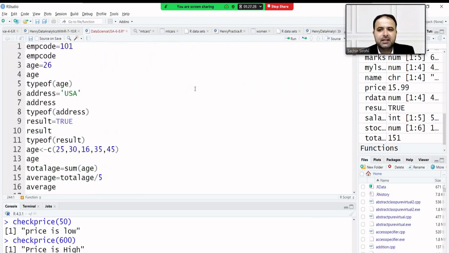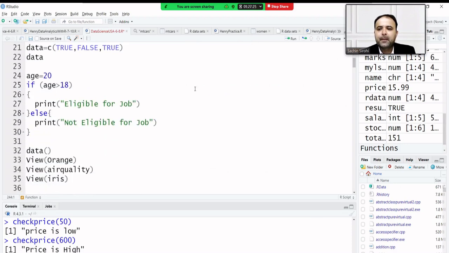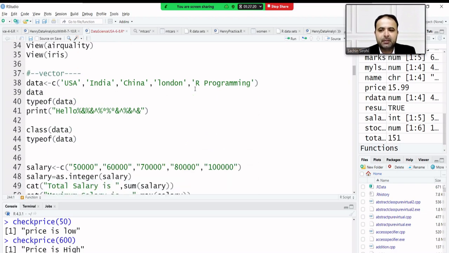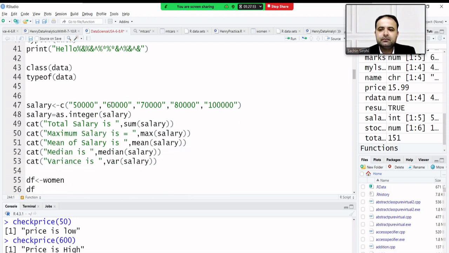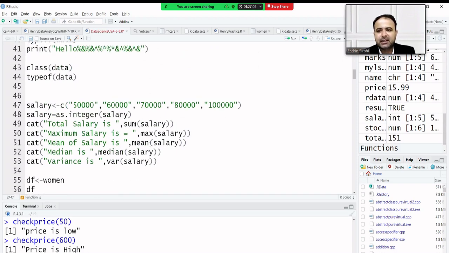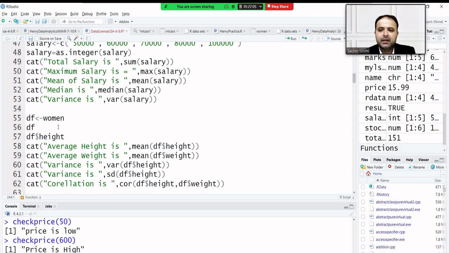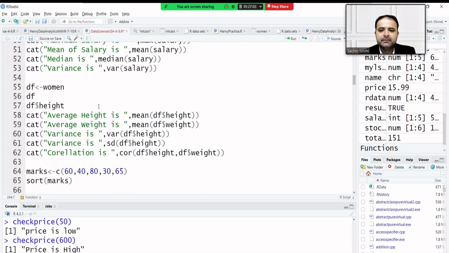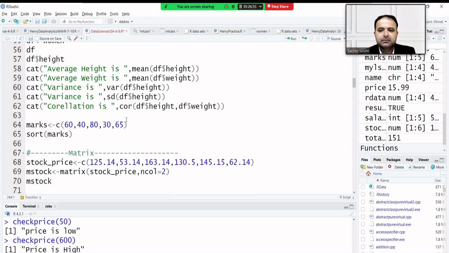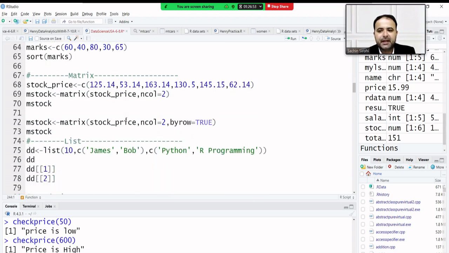From first class, I discussed what is a variable and the condition little bit part and how we can load the data, and the vector part also, how we can create the data, or how we can find out the sum, maximum, minimum, median, something like that, and how we can load the data, find out some variance, standard deviation, the correlation, matrix part, list part,